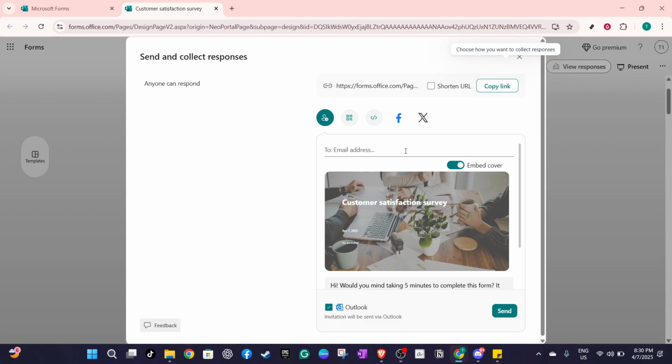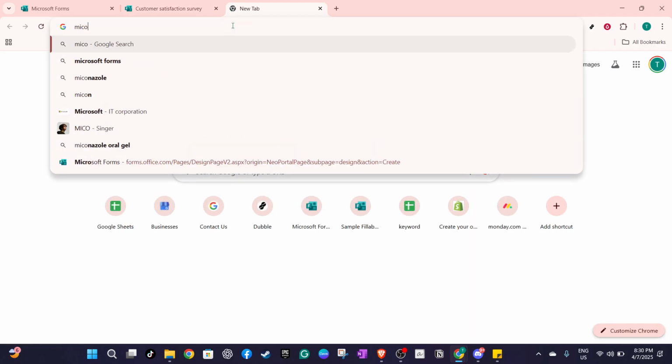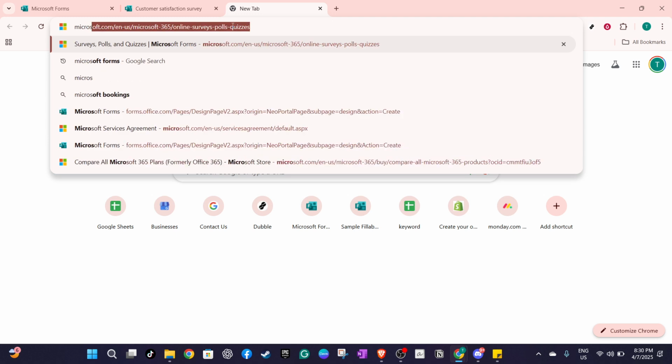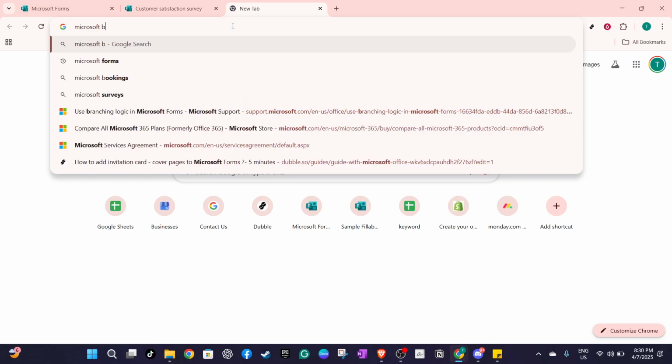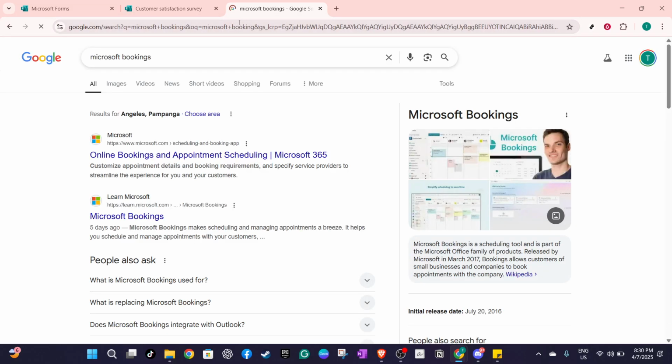This modicum of preparation can significantly enhance the efficiency and effectiveness of your meetings, and just like that, you've successfully integrated Microsoft Forms into your scheduling workflow. This integration ensures a seamless communication pipeline between you and your clients, while also capturing necessary details up front. By following these steps, you'll likely find that your virtual appointments and bookings run smoother and are more tailored to